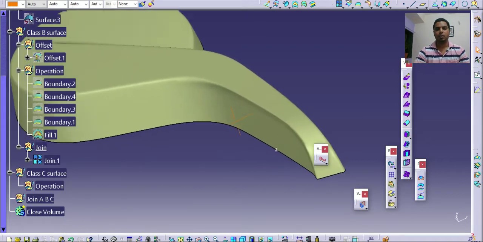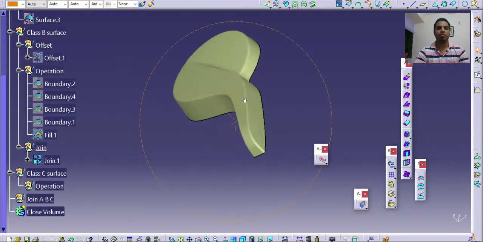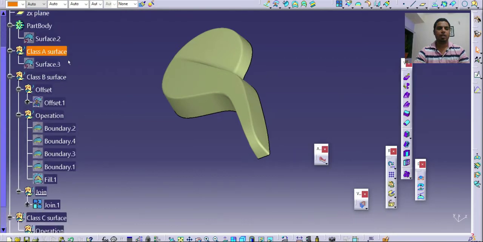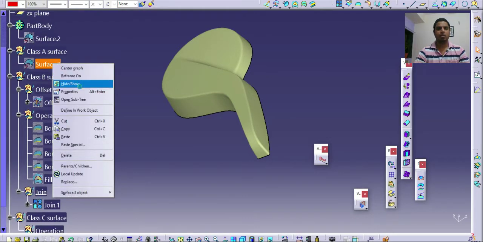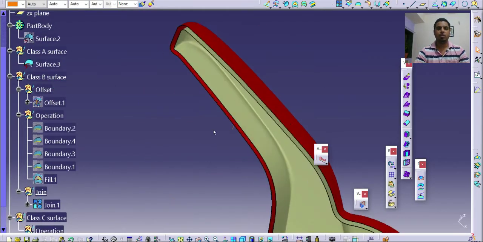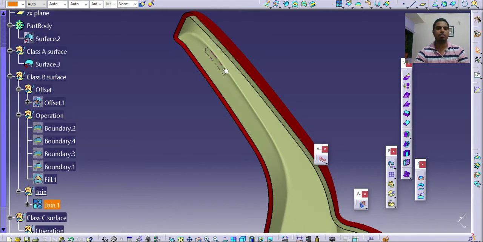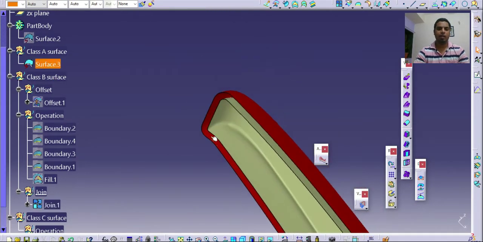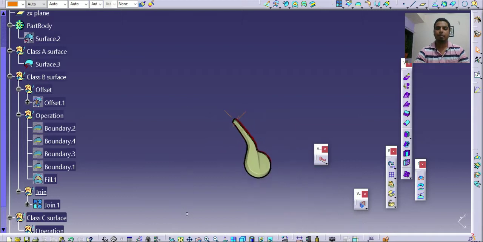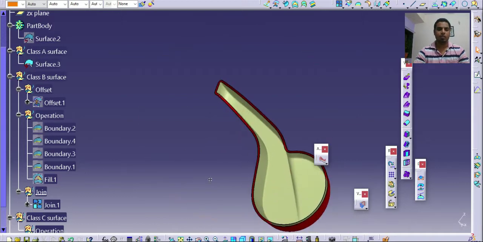Okay, so this is typically our class B surface. So I can activate this class A surface first. So this is our class A surface, and this is our class B surface.